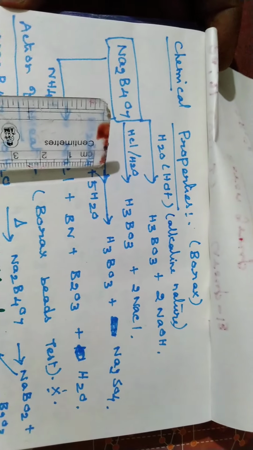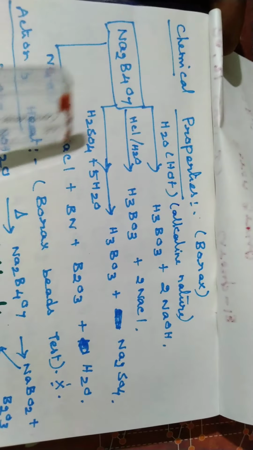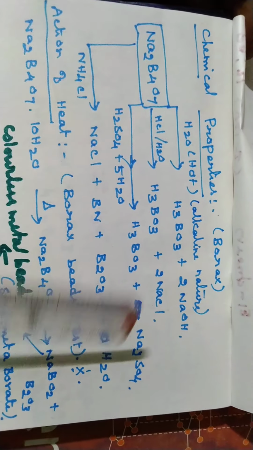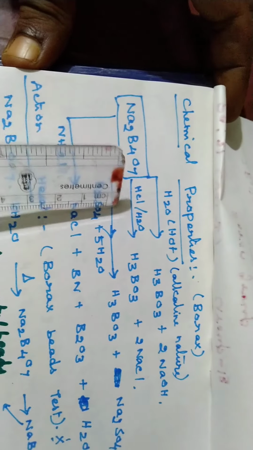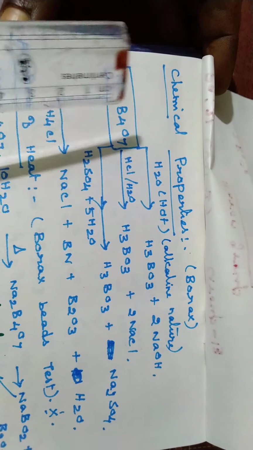Borax, when treated with hydrochloric acid, gives boric acid and sodium chloride. When treated with sulfuric acid, it gives boric acid and sodium sulfate. So try to understand the difference between how hydrochloric acid reacts with borax and how sulfuric acid reacts with borax. So in these two